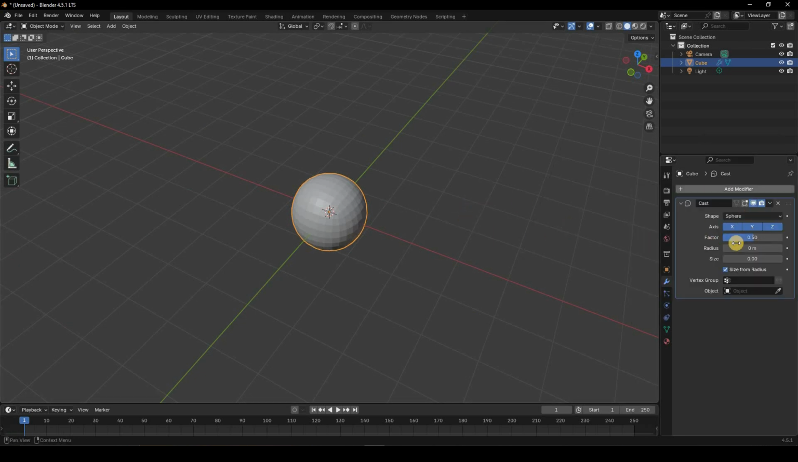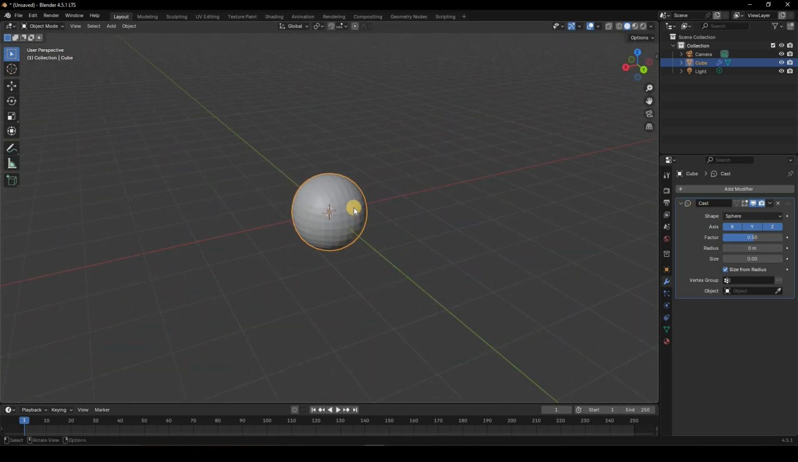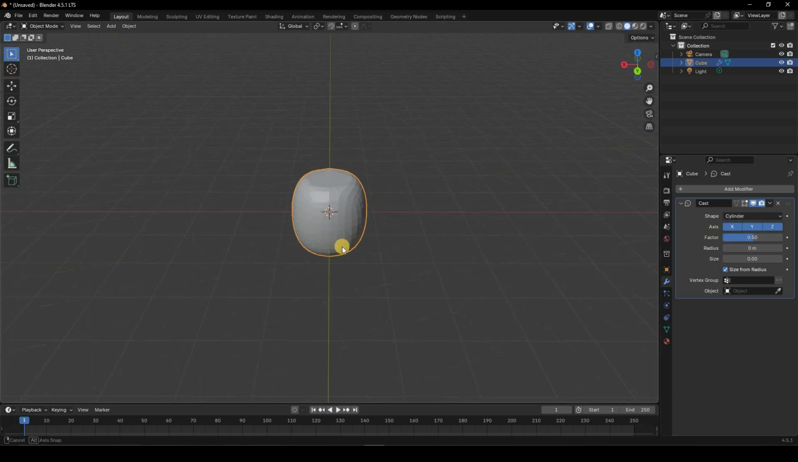Now when I first turn the cast parameter on, you can see that nothing changes. That's because it's currently a sphere and the shape is set to sphere. But if I change this to something like a cylinder, you can see that it automatically